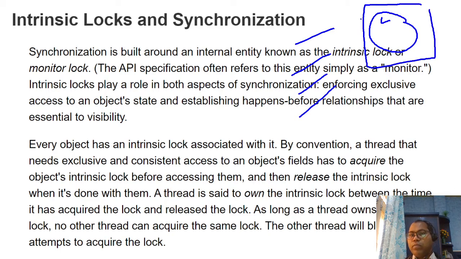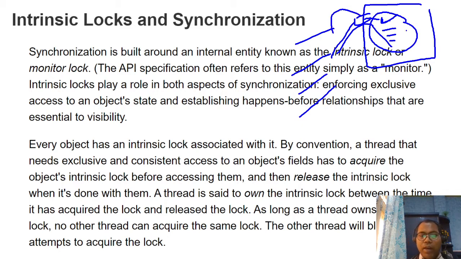So if you mention synchronization, this lock is allowed to only one thread at a time. Only one thread gets a chance to enter and update the value, and after that it comes out and releases the lock. Now the lock is free, and maybe thread 1 gets a chance and does its operation.